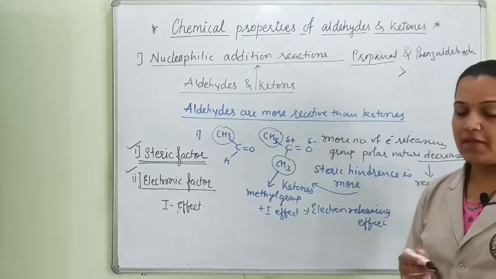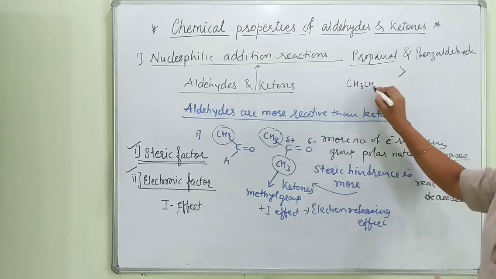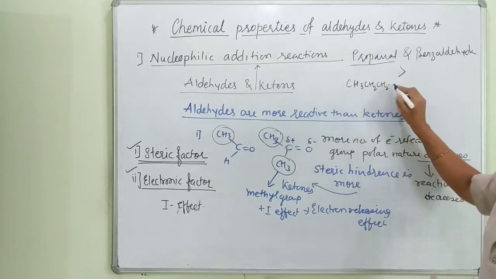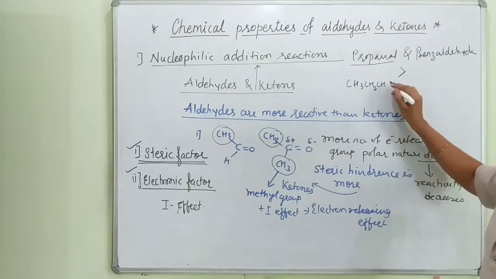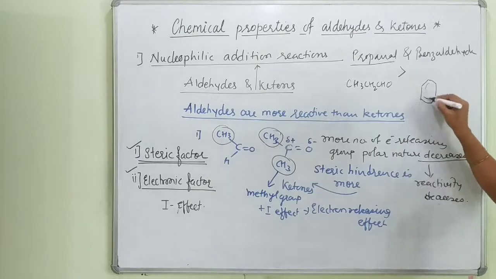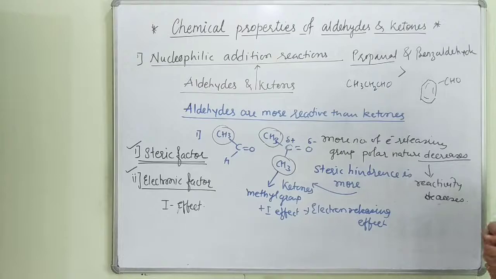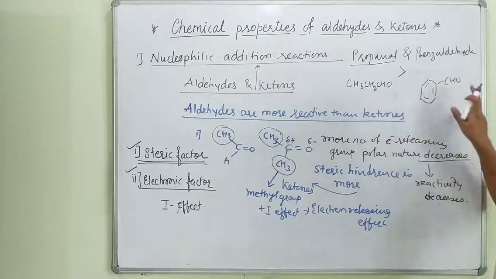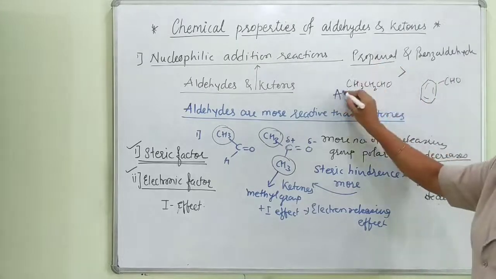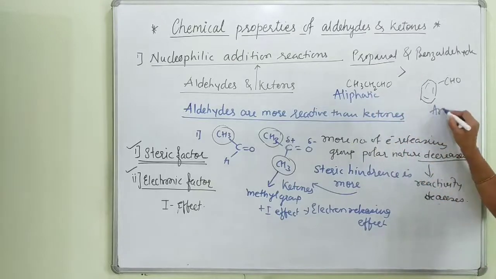How can I explain the steric factor? Simply, on propanal CH3, CH2, CH2, then here it becomes CHO, and in benzaldehyde here it is CHO. So when we compare aliphatic aldehyde and aromatic aldehyde,